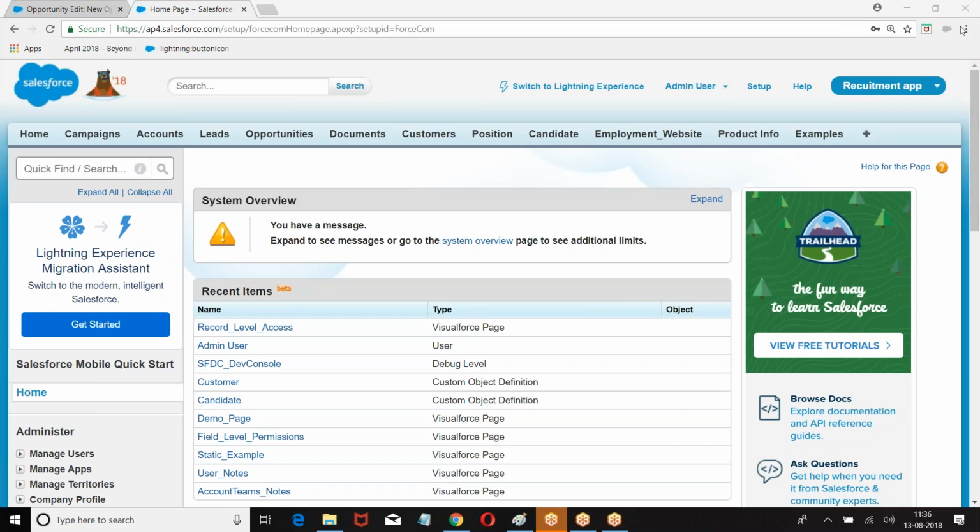When you want any action to be performed automatically when a condition is met. Let us see. Now I am trying to log into my Salesforce account. It is immediately sending an OTP to your mobile number and asking you to enter the OTP. Now how is it sending? Because it is an automation.